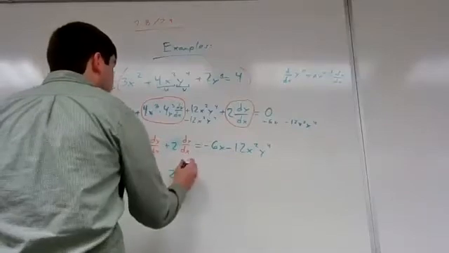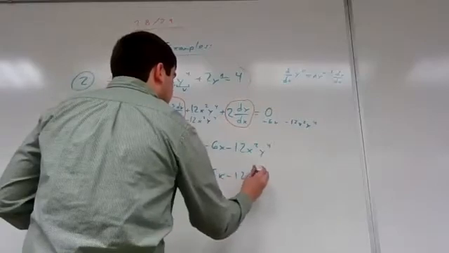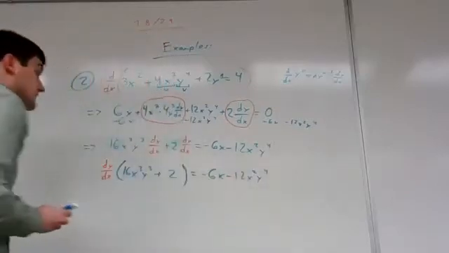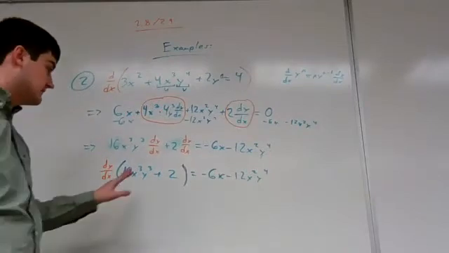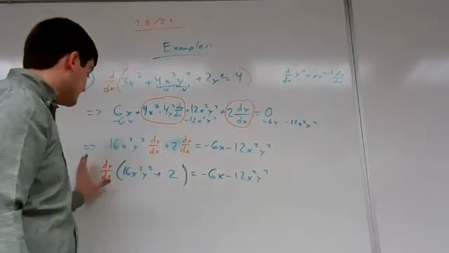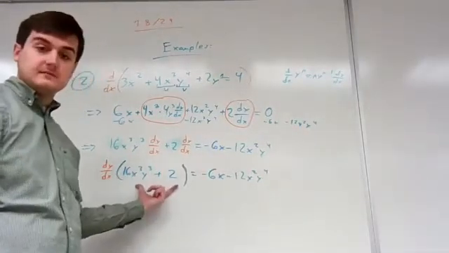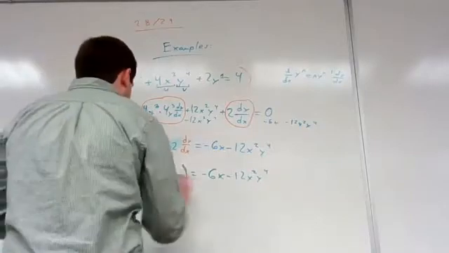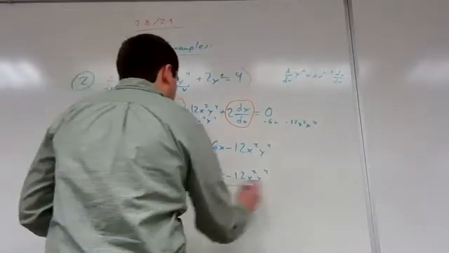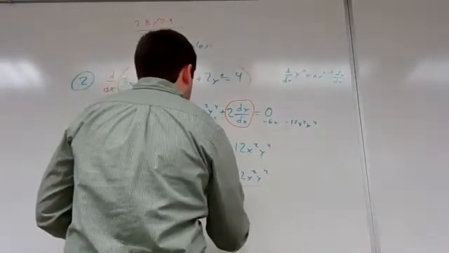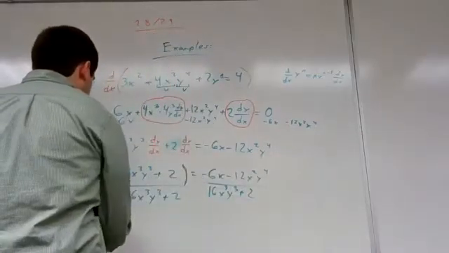Because we're not taking the derivative of this thing, just multiplying with it. It's equal to negative 6x minus 12x squared y to the 4th. So if I want to solve for dy over dx, all I need to do is divide whatever is not dy over dx from both sides, which is all of this term. So I'm going to take both sides and divide by 16x cubed y cubed plus 2, which leaves me with